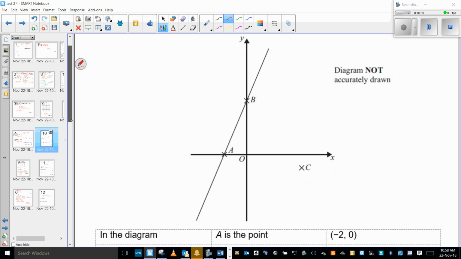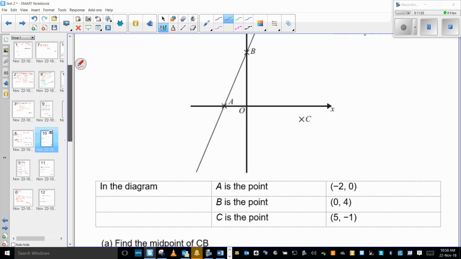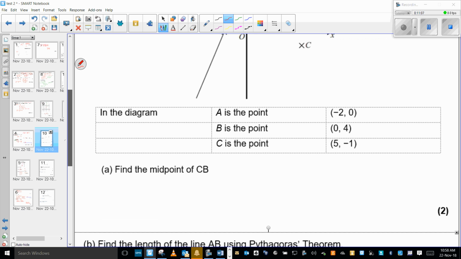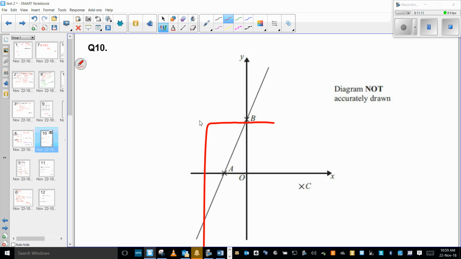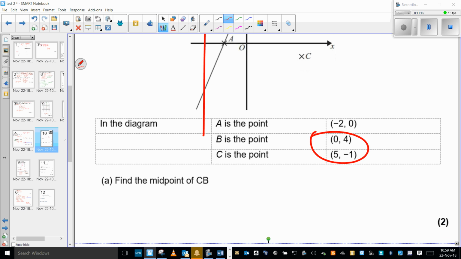Here's a new diagram. We've been told the coordinates of these points. Find the midpoint of CB. So we've talked about midpoint. We're talking about these two coordinates, and we're finding the midpoint of them. So how do we find the midpoint, Natanya? x1 plus x2 over 2, comma, y2 plus y1